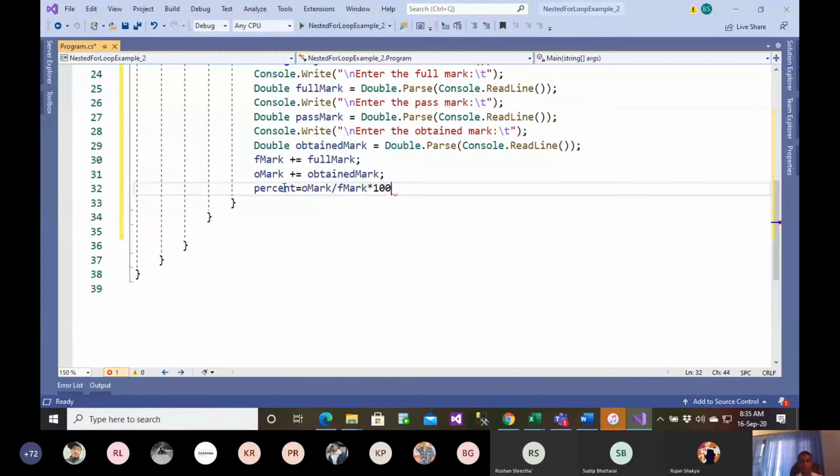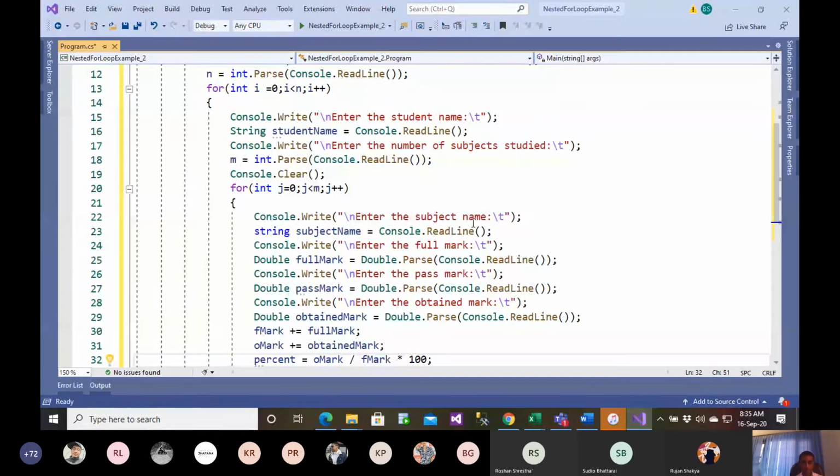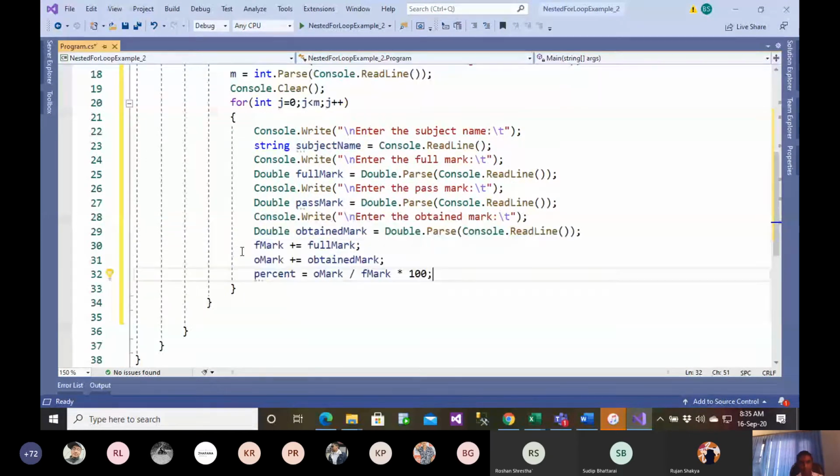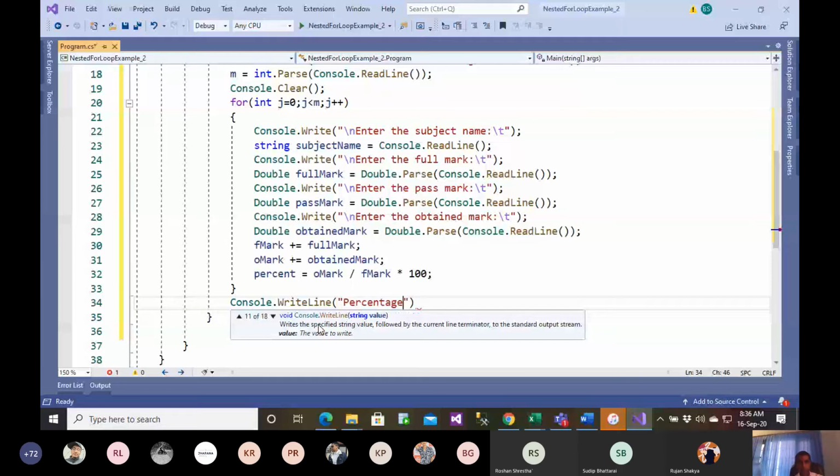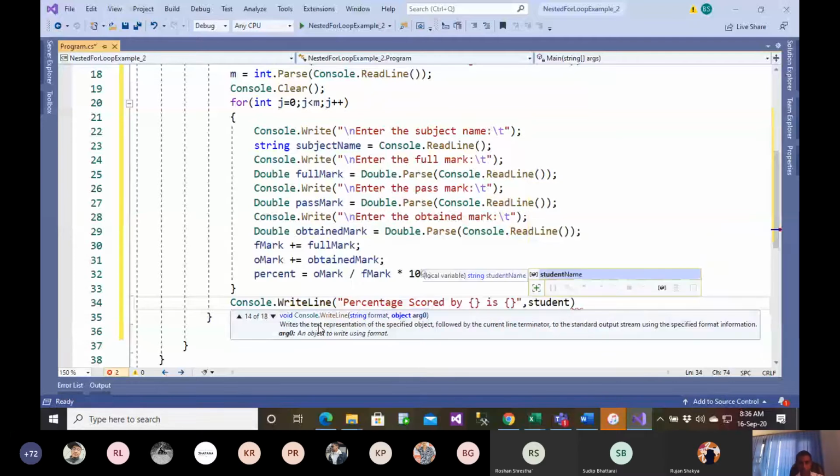So for a candidate, percentage is calculated. Now let me go outside of this loop, and for this candidate I'll print the percentage obtained. This can tell console write line. And the percentage is scored by whom?